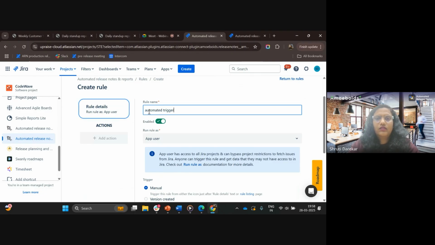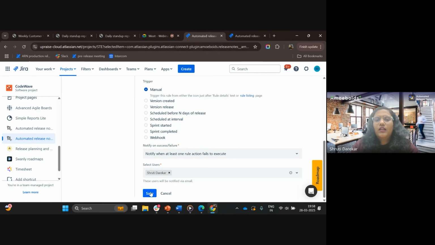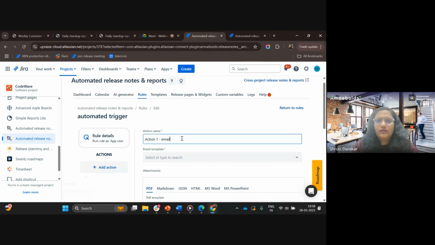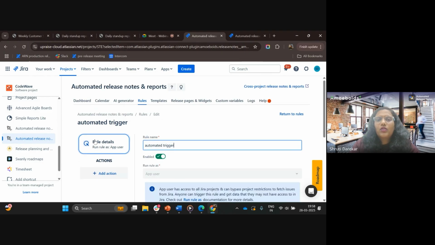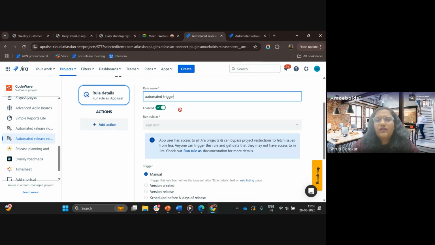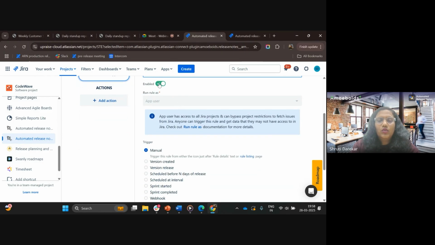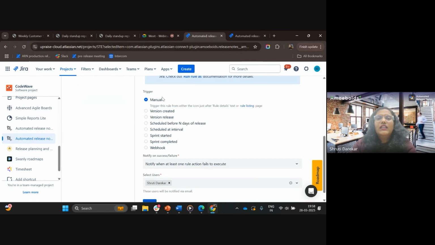Automated trigger and save it. That's all. So once you have saved the rule, you can see the rule is enabled and there are multiple triggers in